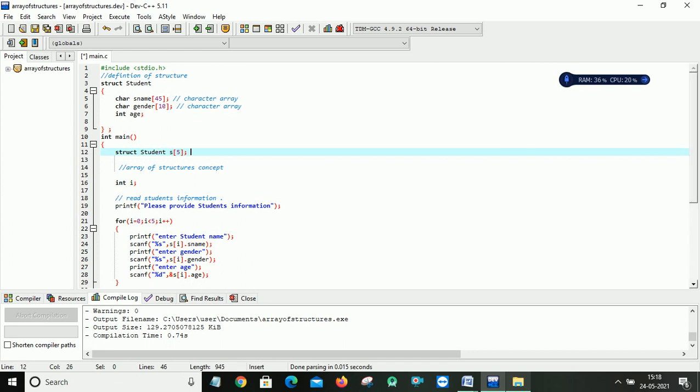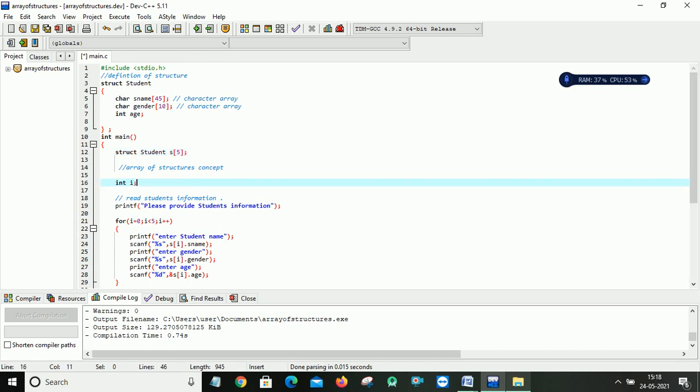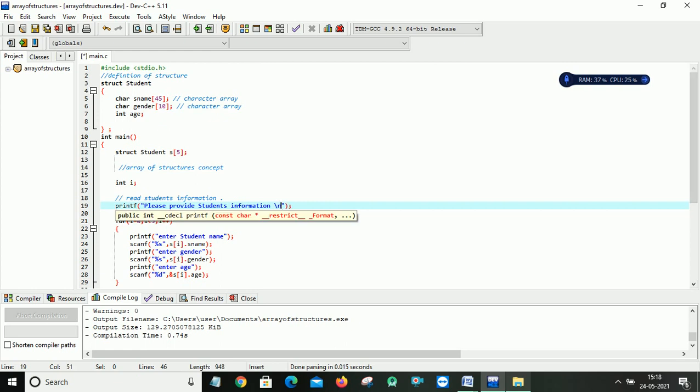Now I am declaring one local variable i, which I use later in my for loop. Then I have written one printf statement which prompts the user to please enter the student information. I can use \n for the next line, so it will display the next contents.